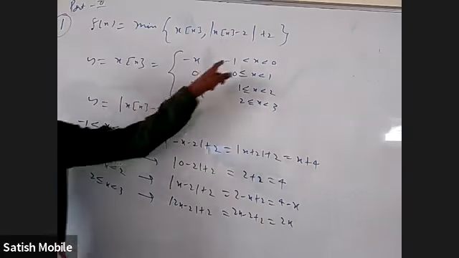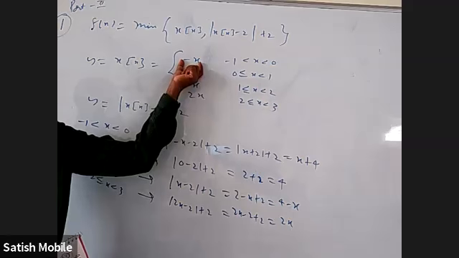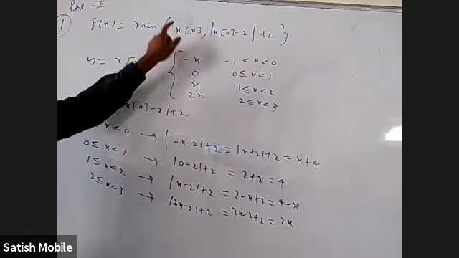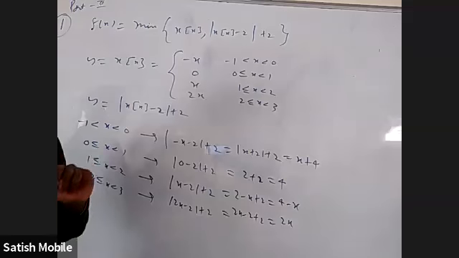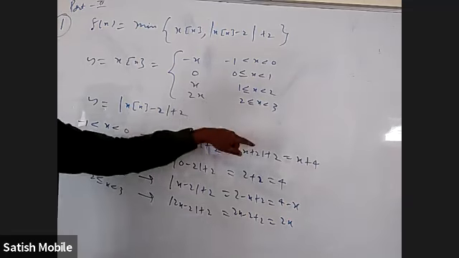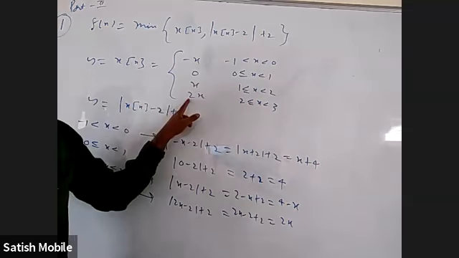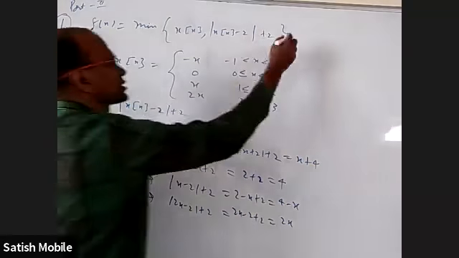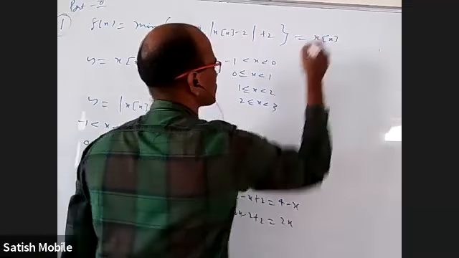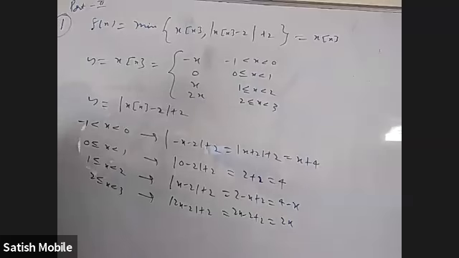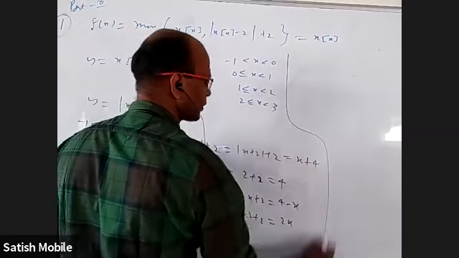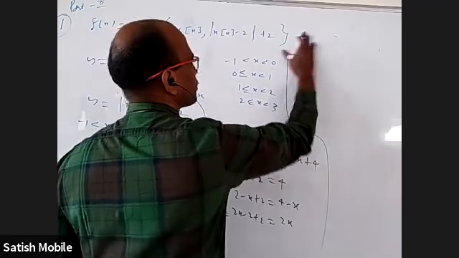For example, between minus 1 and 0, this value is between 0 and 1. This is 0. This is between 1 and 2. So out of these two, this is the minimum. Next, after 2, both are equal. This and this are coming exactly the same. Whether you take this or this doesn't matter. With all this consideration, I can say this is directly equal to x into integer part of x. Why? I can prove this without writing all this. Let me try to prove this another way. Okay, forget about all this.